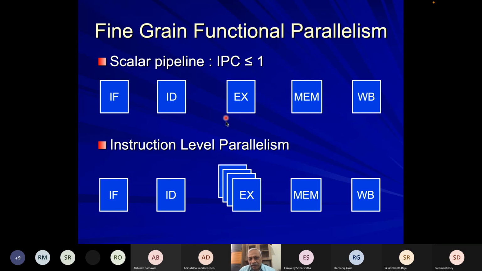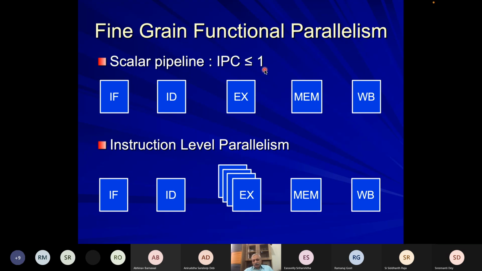But you could notice that in each stage there can be at most one instruction, and the limit of this in the best case, if there were no hazard, is a CPI of 1. So CPI will generally be 1 or more. You try to bring it as close to 1 as possible. Or if you look at the reciprocal of CPI, or IPC, instructions per cycle, this will always be less than or equal to 1. So to cross this boundary, to make IPC more than 1, you need to bring further